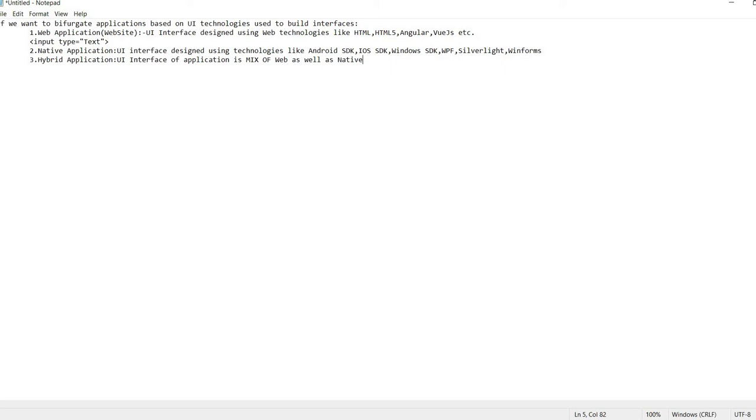Okay, they are not part of any kind of web page. But when you now are booking the cab, the button controls which you see, mini and all, there you get to see the list of cabs to choose from, mini, sedan and all. Those are the controls which you interact with. They are native controls designed using Android SDK.